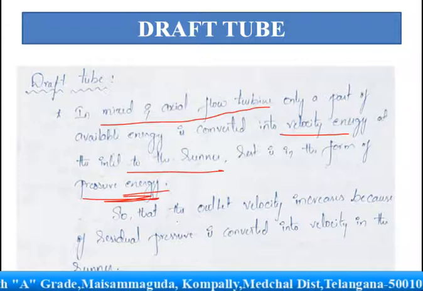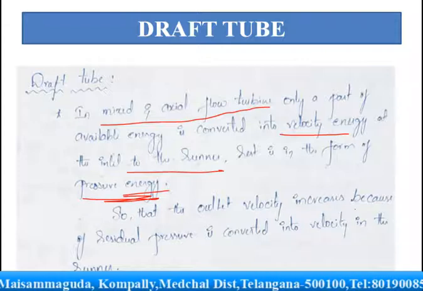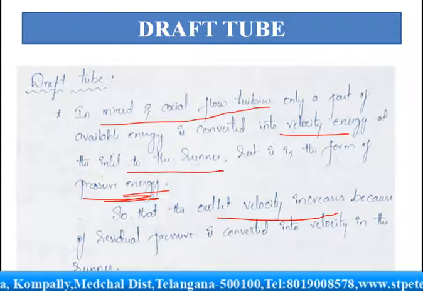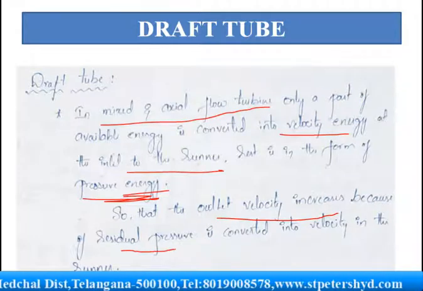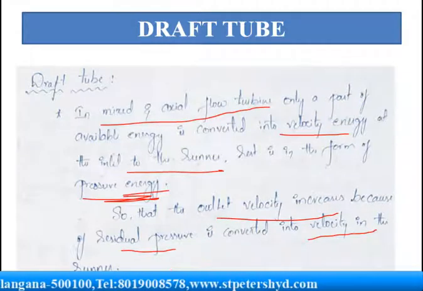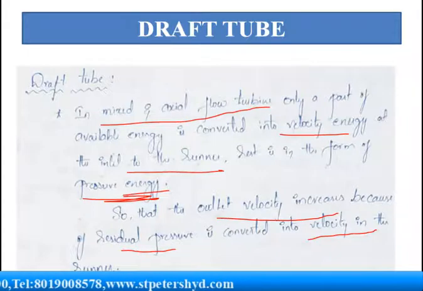So that the outlet velocity increases. The outlet velocity increases because residual pressure is converted into velocity in the runner. Okay, and the next one,